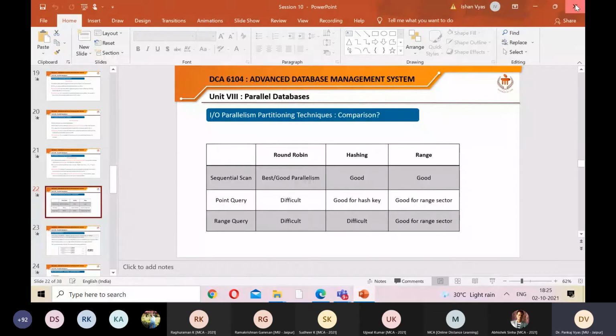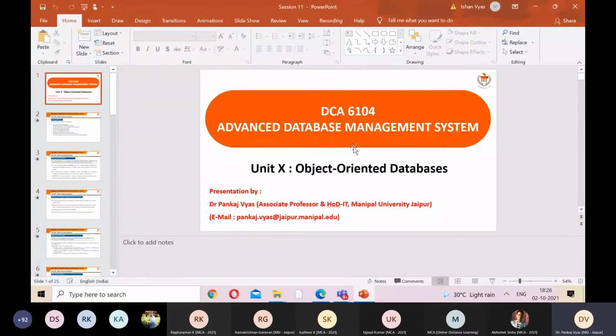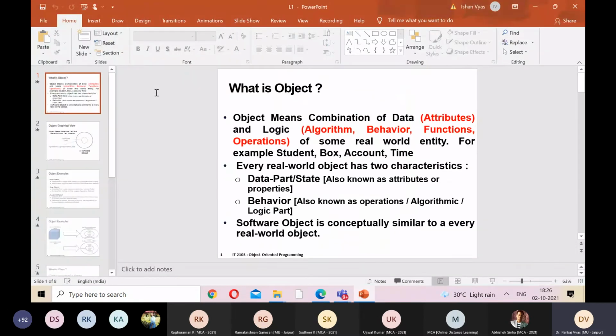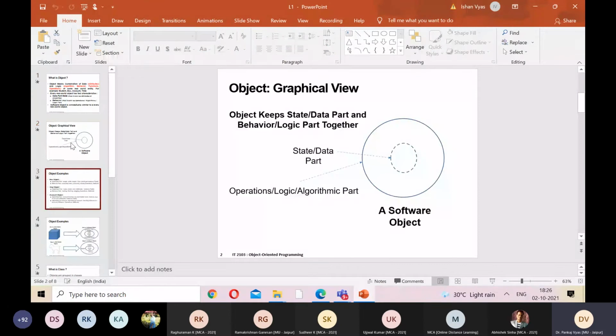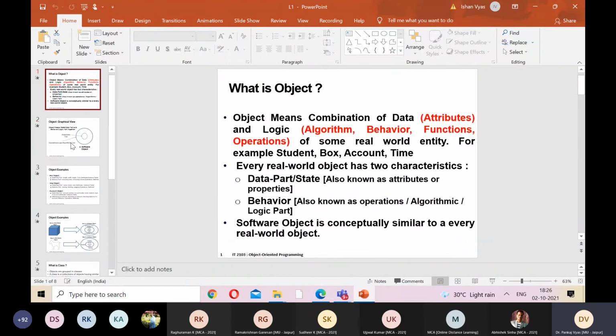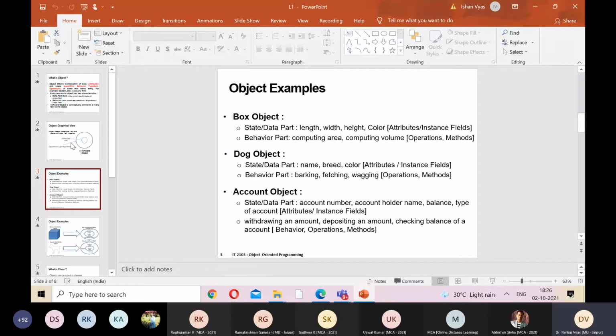And similarly, there are distributed databases also. That is, object-oriented databases. Object-oriented databases, I think I have shared with you some special slides where I have explained what an object is. Have you gone through these slides? What is an object? There is a special session I have taken. An object combines all the operations together. All the attributes and all the operations are put in a capsule. That is what we call an object.